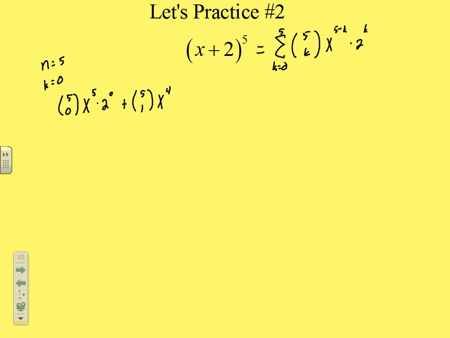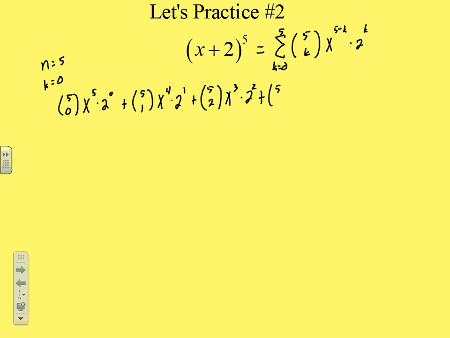So the next thing I'm going to get is times 2 to the first power plus, and we'll say 5 choose 2 times x cubed times 2 squared, so that the exponents still have a sum of 5, plus the next combination,